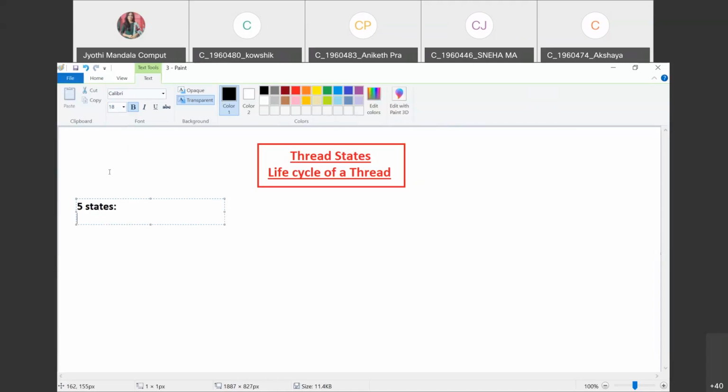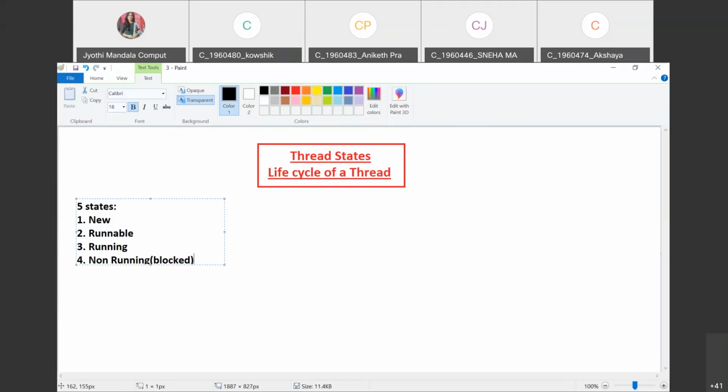So the first state is called the new state, or the newborn state. The second state is called the runnable state. The third state is called the running state. The fourth state is the non-running state, which is also called the blocked state.